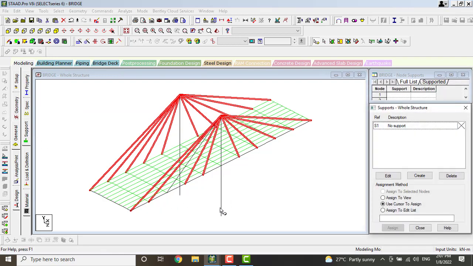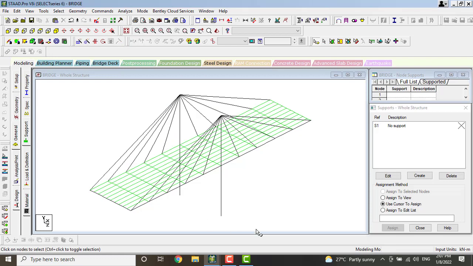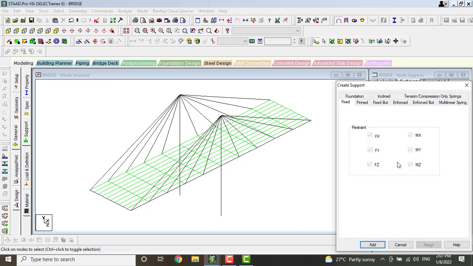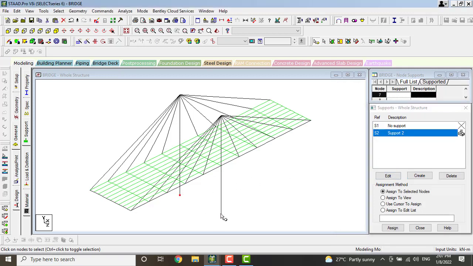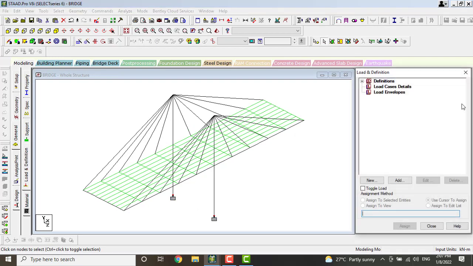Next, go to supports. Just select the node. First, you have to create the fixed support. Then click on support. Select the nodes. Click on assign. Yes. So our supports will be completed. Next, go to loads and definitions. Here you have to select the vehicle definition.